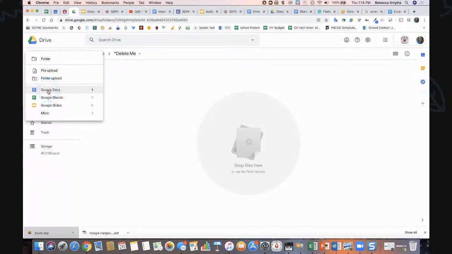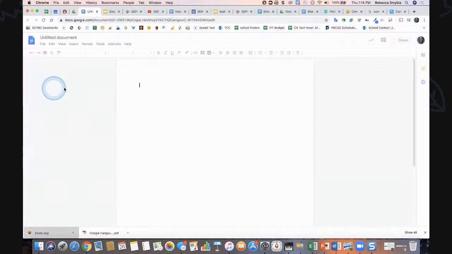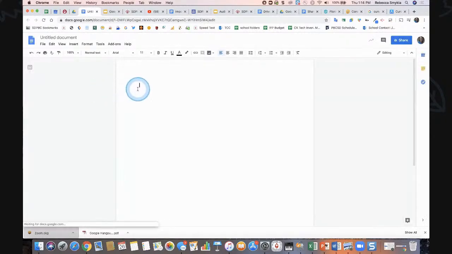And please be aware, Google Docs, Google Sheets, Google Slides, these all pretty much work the same. You would just click New and then click what type of document you want to create. And I'm going to name this Sample Doc. And if you notice, once you type into your document, if you come to the very top and click inside that box, it will title it for you. So I've created this document,